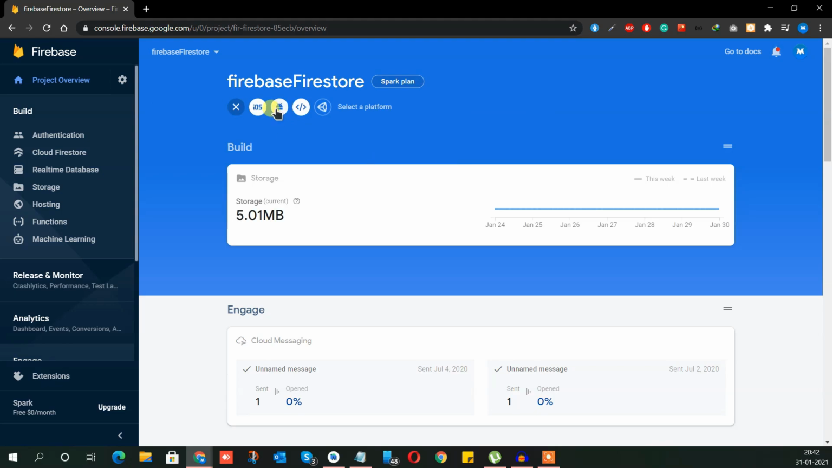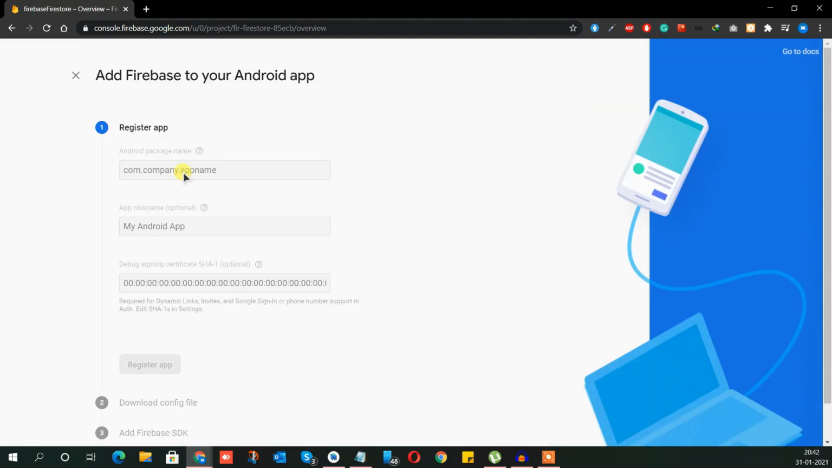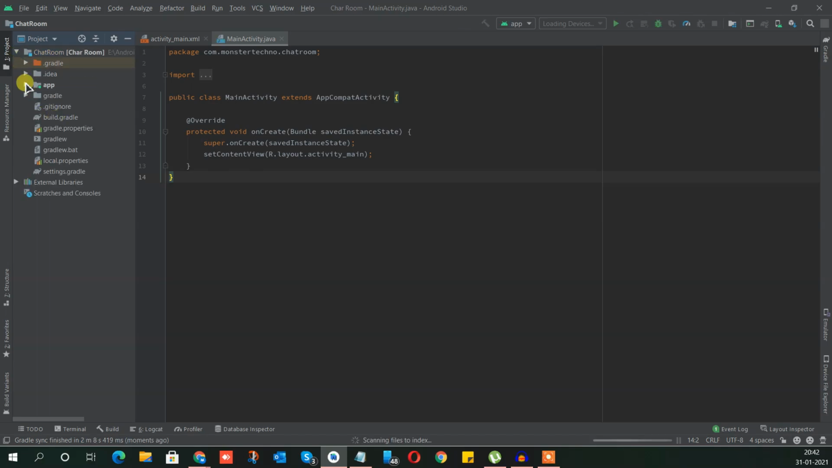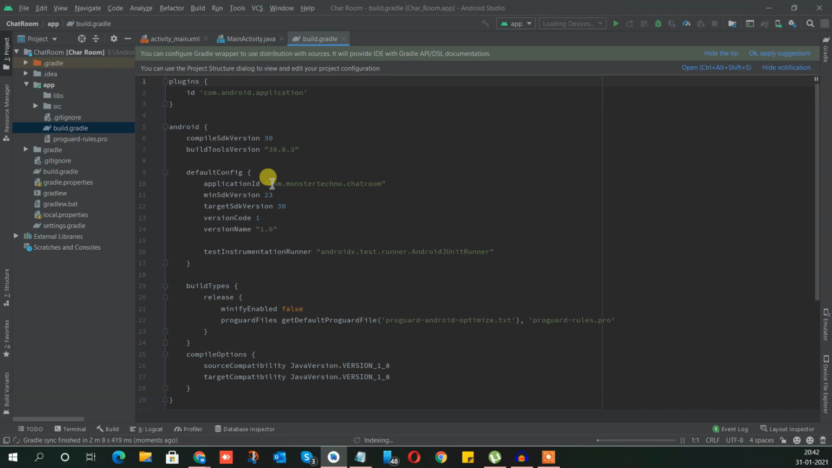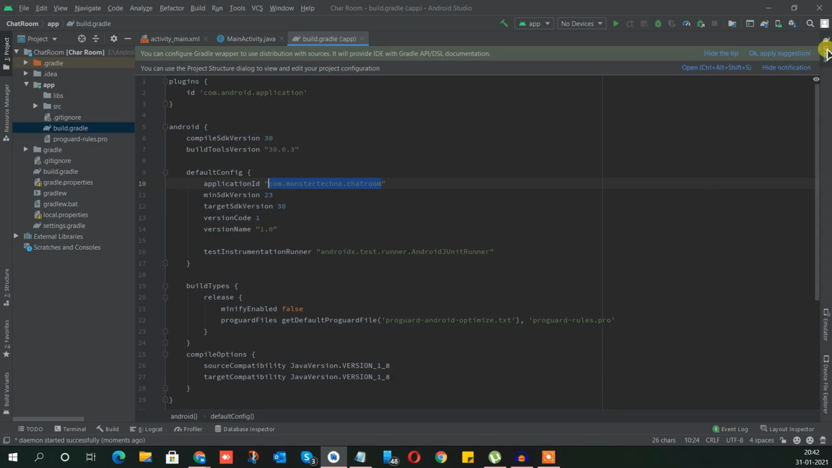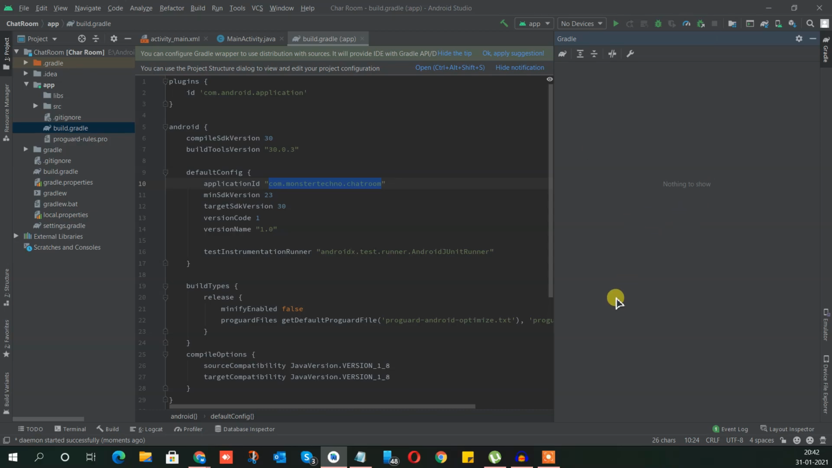Let's click on add, and this will be an Android app, and here I have to give my app name. Basically the app ID you can get by going to your project, then to app and build.gradle, and from here you will get the app ID. Just copy this. I think you know that because you are an Android developer. I'm giving this name as Android chat app, and for the SHA1 key, go to your project, click on this Gradle, and here